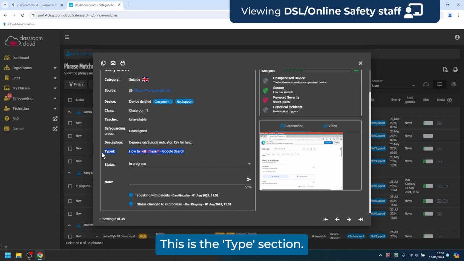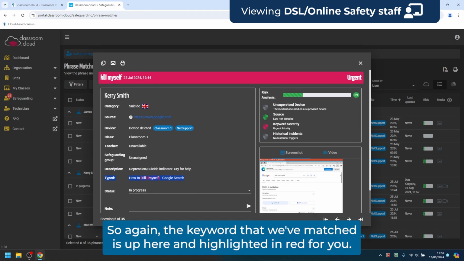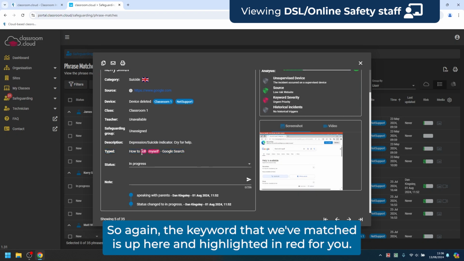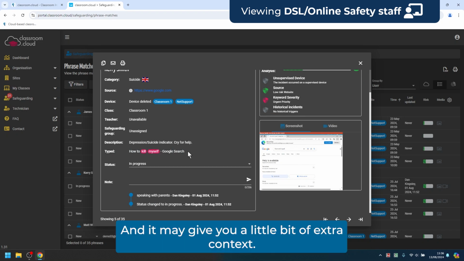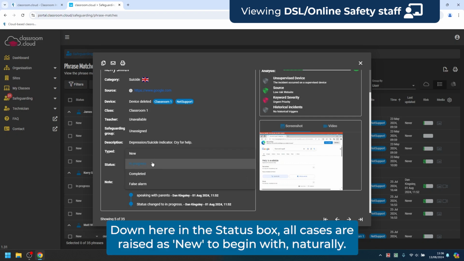This is the types section, so again, the keyword that we've matched is up here and highlighted in red for you, but that is actually the full search that was made into Google, and it may give you a little bit of extra context. Down here in the status box, all cases are raised as new to begin with, naturally,